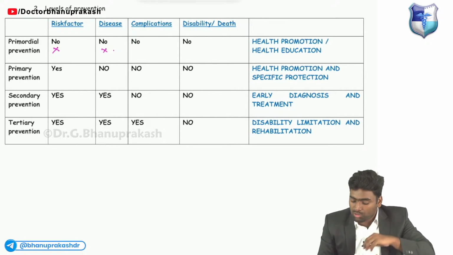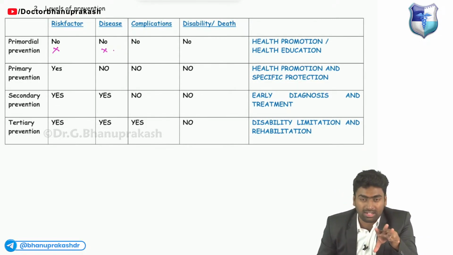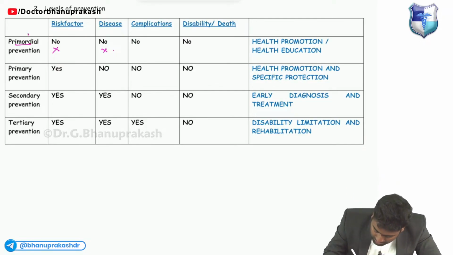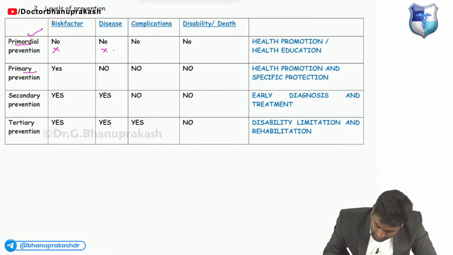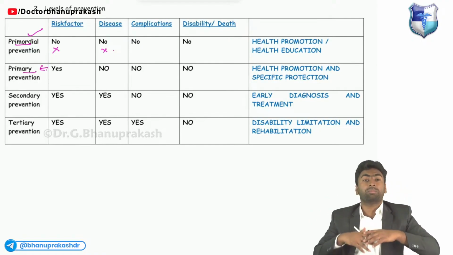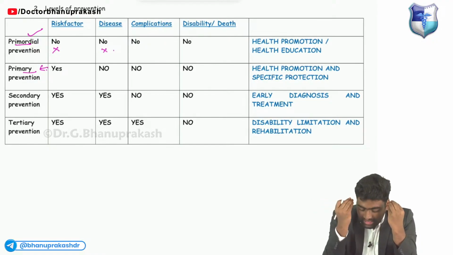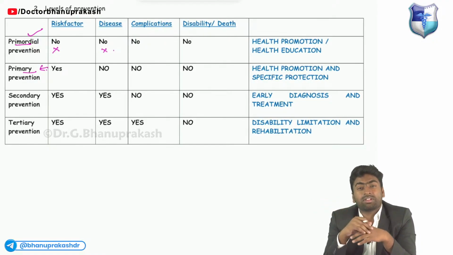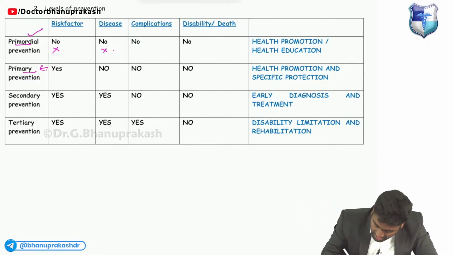Okay, now I'm telling you not to develop bad habits. So it is what it is, the primordial prevention, because there are no risk factors present. Whereas when you become young or an adolescent, there is a risk factor for cardiovascular diseases because of your family history, and someone is telling you to try to exercise. So if there is a presence of risk factor and you are making some changes in it, that is the primary